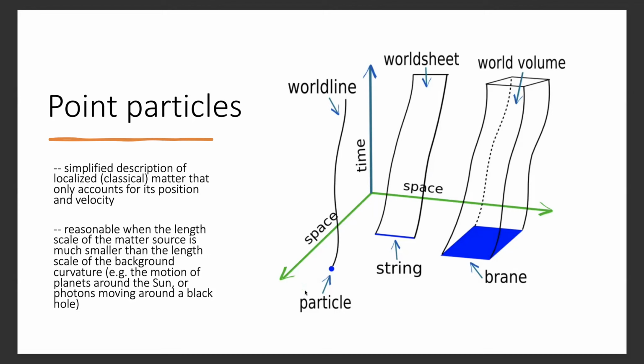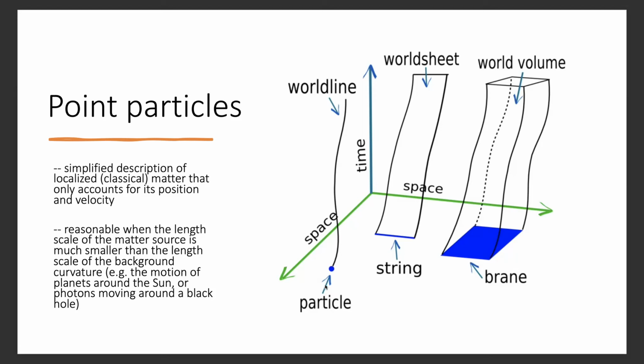Something slightly more complicated than a world line that's still useful these days because of string theory: you might think of extended objects that trace out a world sheet in time, or if you're thinking about really extended distributions of matter, then this will trace out what would be a world volume. So here in this picture, I'm calling this a brane, but this could be really any three-dimensional, any extended distribution of matter. The representation using point particles remains quite useful, and the reason it's still being used today is because it's not a bad way to start to gain insight from the Einstein equations,